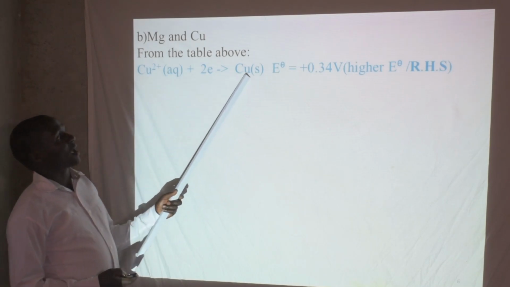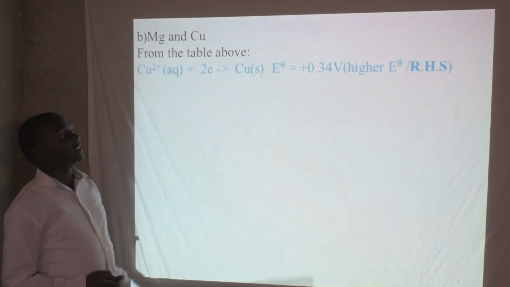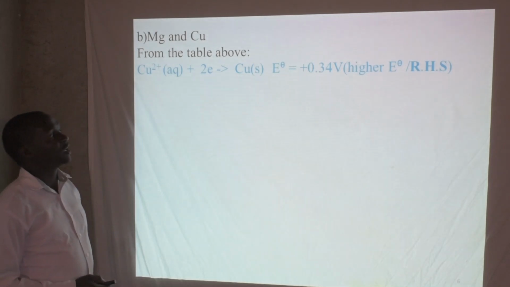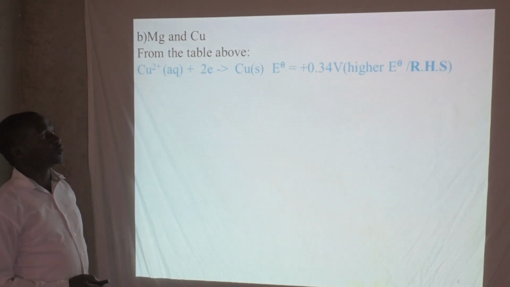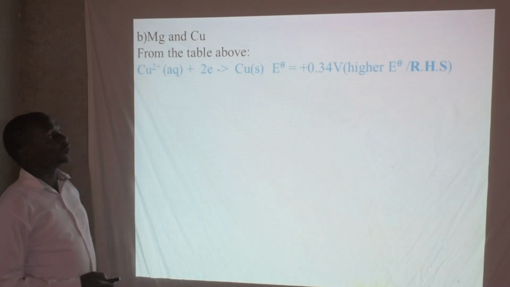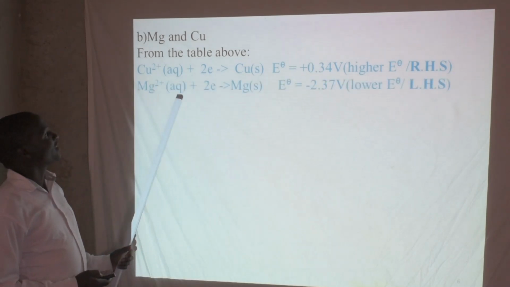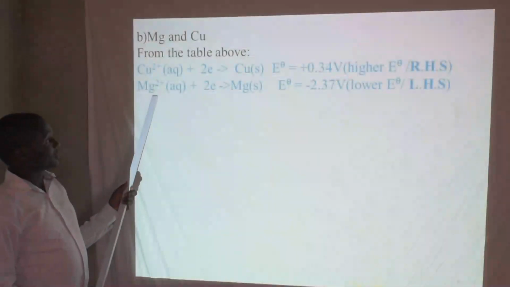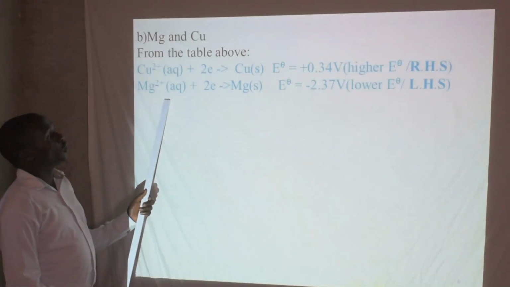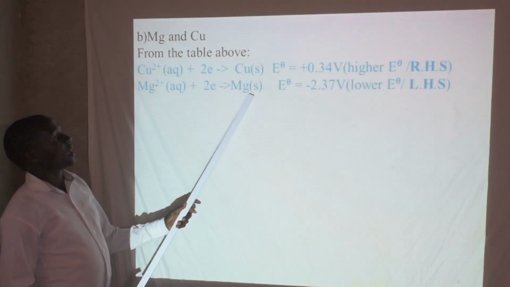It gains 2 electrons, it becomes copper solid. So the E naught value here is what? It is 0.34 volts. Secondly, on the right hand side, we have magnesium here. Magnesium is actually supposed to be losing the electrons, but in this case, it has been written like this. So that means here it is actually negative